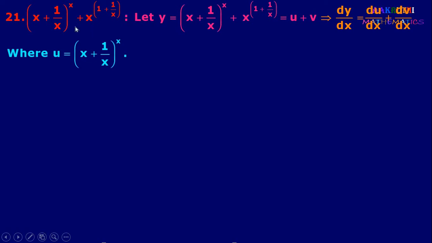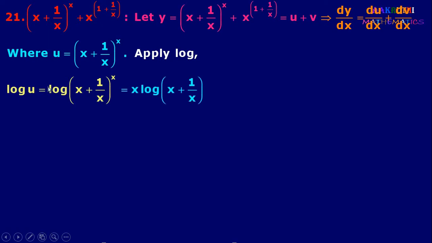Now here u equal to (x plus 1 by x) whole power x. Now here base is variable, power is also variable, you have to use logarithmic differentiation. Apply log on both sides, we get log u equal to log of (x plus 1 by x) whole power x. And we can simplify this, we can write log u equal to x into log of (x plus 1 by x). So differentiate with respect to x, we get log u differentiation is 1 by u into du by dx,